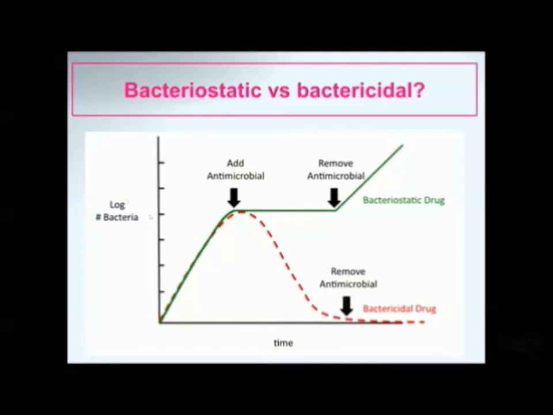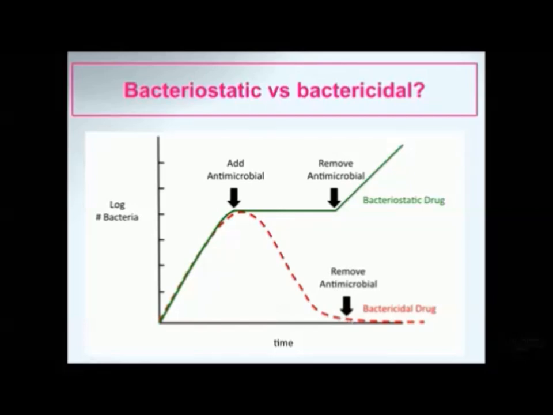If you were to measure the numbers of bacteria and plot on a logarithmic scale those numbers, because bacteria that are multiplying can multiply exponentially and you'll get to huge numbers of bacteria very rapidly. So we've put them on a log scale there against time. You can see that the red dotted line is bacteria that are being treated at this point with an antimicrobial that is bactericidal. Now what you'd expect to see is that a little while after you've initiated treatment, assuming that the bacteria are susceptible to that antimicrobial, the numbers of bacteria would fall,